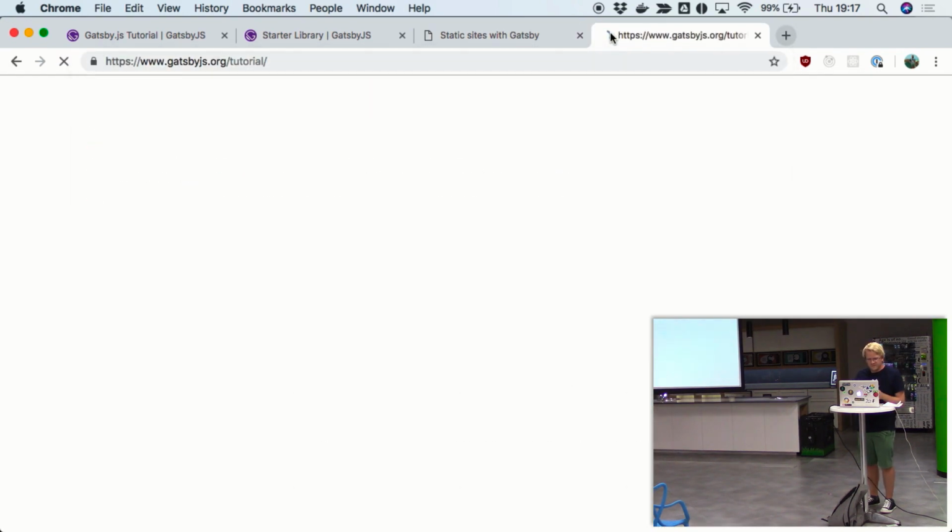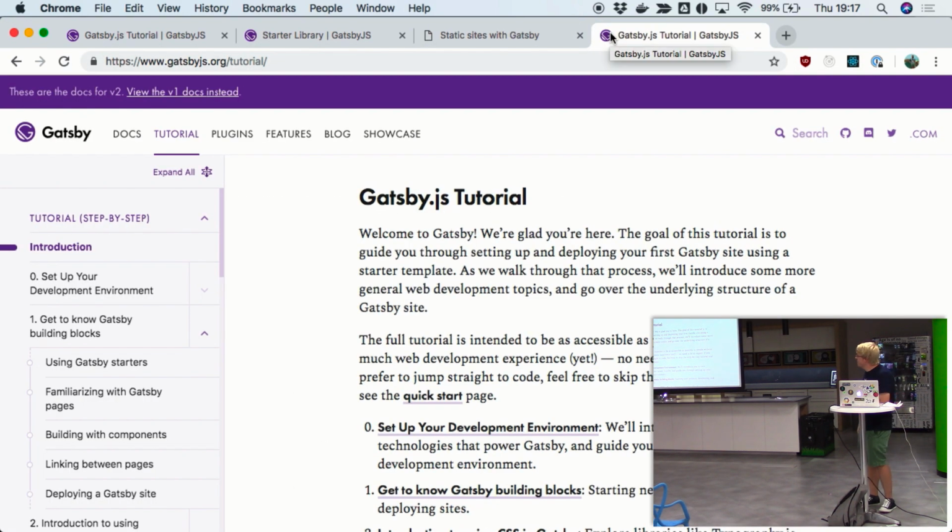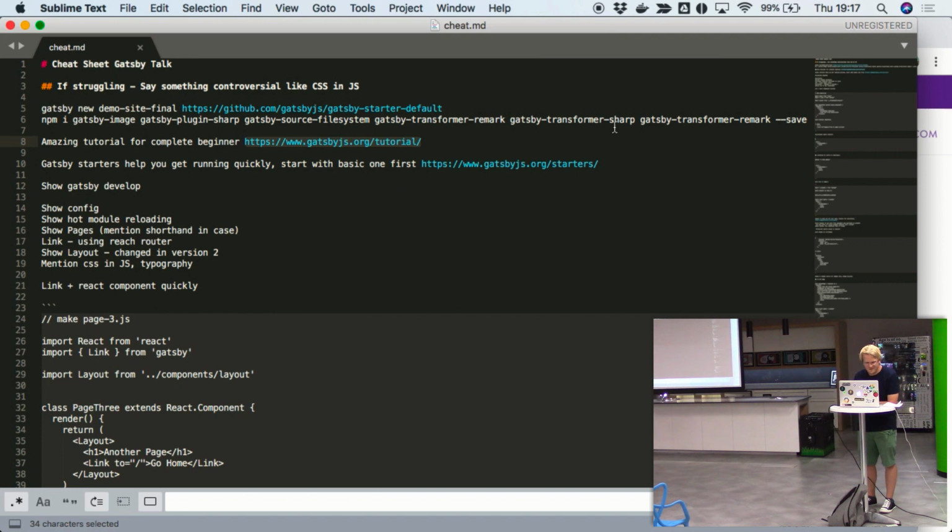There's a tutorial on gatsbyjs.org. It goes through from the basics. So if you don't even know React, this is a good way to get to know it. They go from super basic all the way to using CSS and JavaScript. So all that cool stuff.